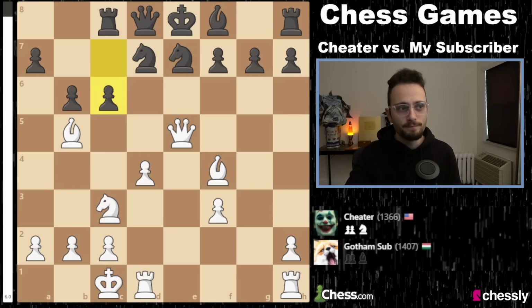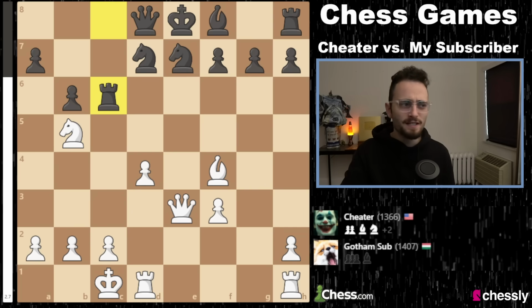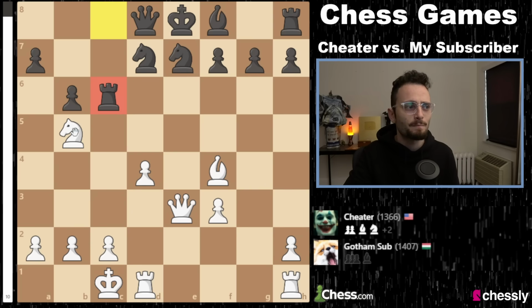Now, here the position is so good, actually, you can lose your bishop. You can lose your bishop and still be better. White is still winning despite losing a full piece because black has no development. Rook c6, and here I'm a little perplexed. I'm a little confused why...